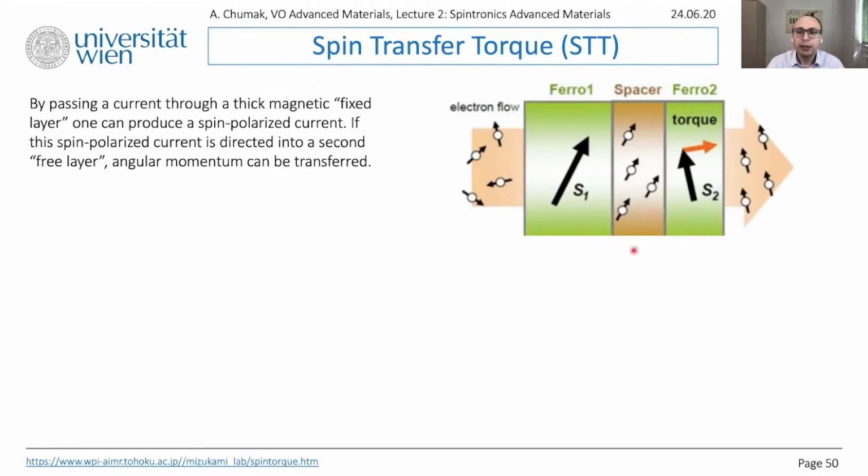And we know already from the previous lectures what happens if you have such a bilayer structure of one ferromagnet and normal metal, and when we send electric current through it. When electrons are coming into the ferromagnetic layer, they become spin polarized because we have here different density of spin up and spin down electrons at the Fermi level. And then this spin polarized current is injected into the normal metal